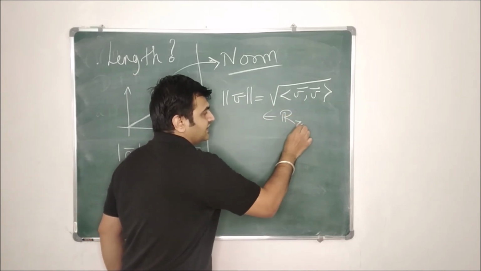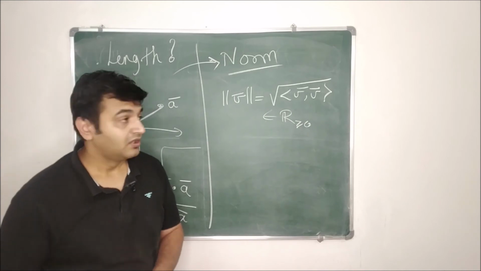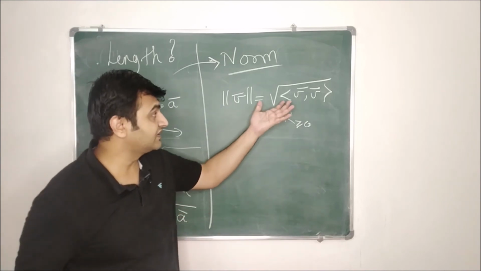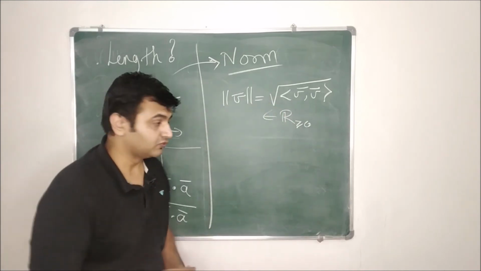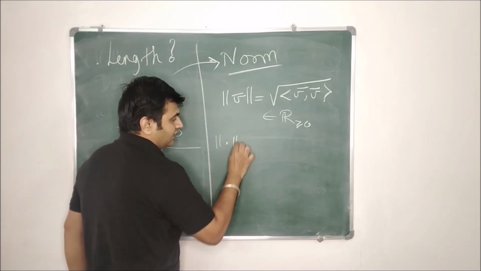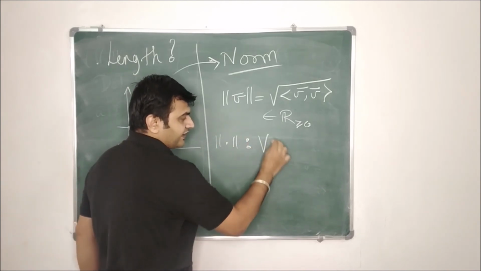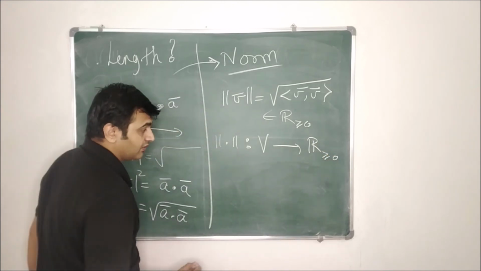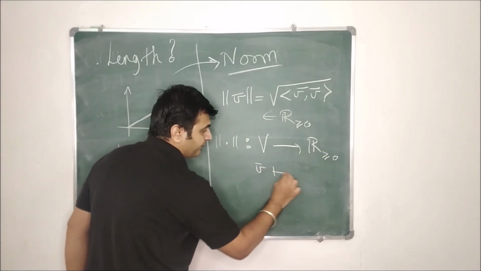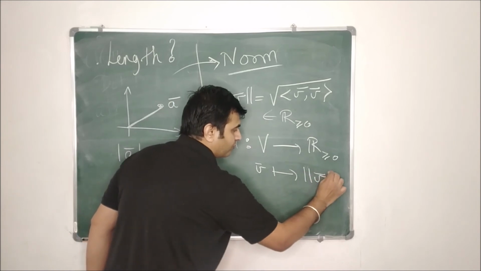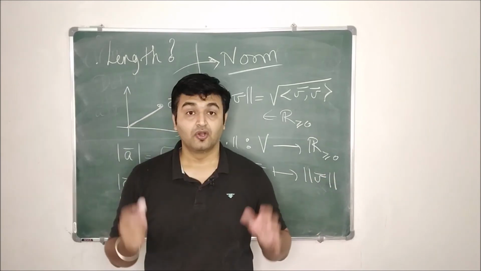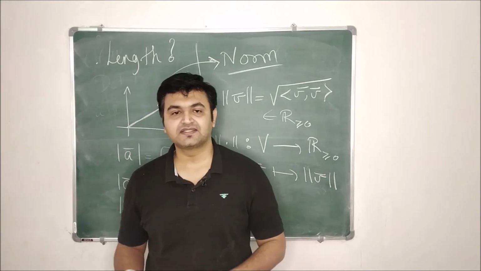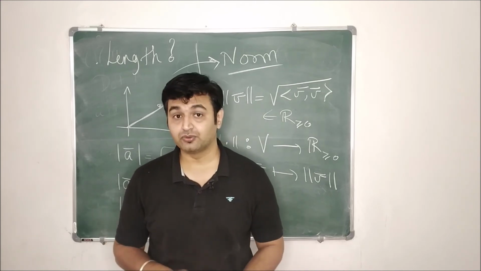To be precise, this is a non-negative real number, because norm is a function, so you always take the square root to be positive. So what is a norm? It's a function. It takes a vector V bar and gives you a non-negative real number, the norm of V bar. That's how inner product space and the norm of a vector came into the world.